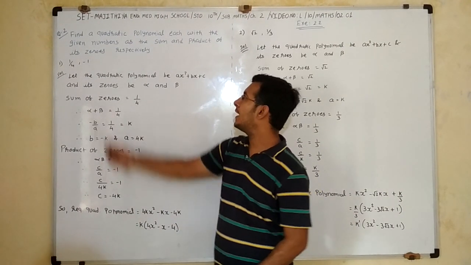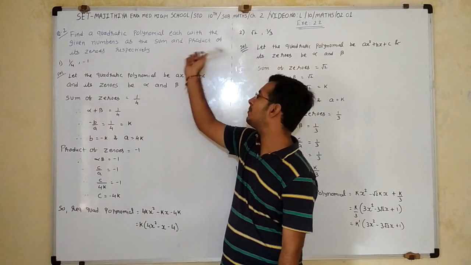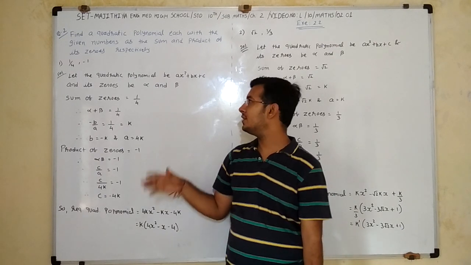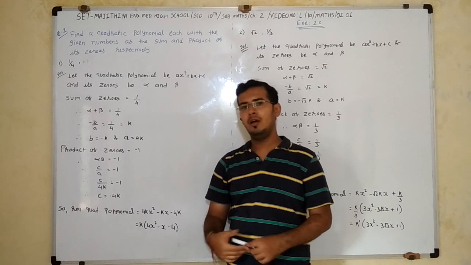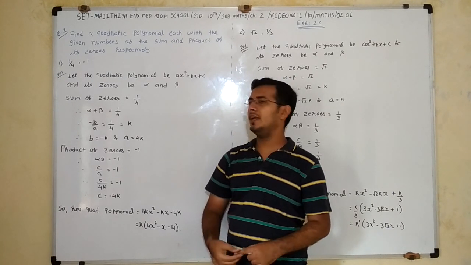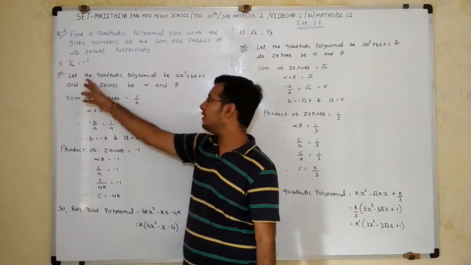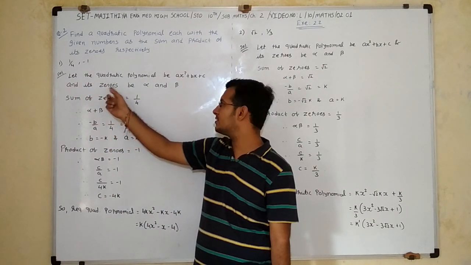Question number 2. Find a quadratic polynomial with the given numbers as the sum and product of its zeros respectively. Now in this sum, in the previous sum we were given an equation and found its zeros. Now zeros are given and we have to find its equation. So first of all we take the quadratic polynomial as ax square plus bx plus c and its zeros